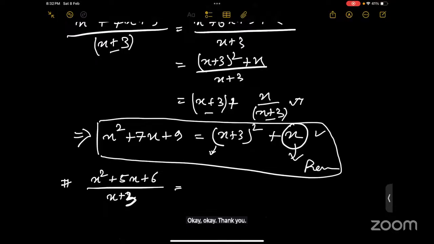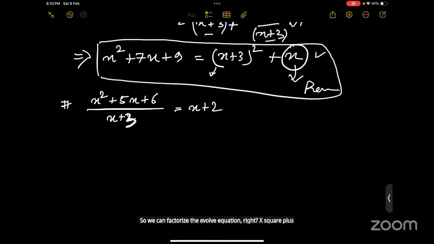Any doubt? Ma'am, the answer is x plus 2. So what is the value of this? X plus 2. So we can factorize the above equation, right? X squared plus 2x plus 3x plus 6 by